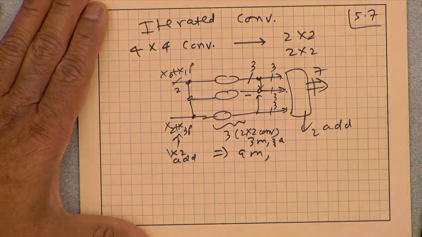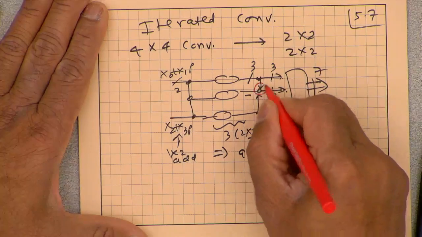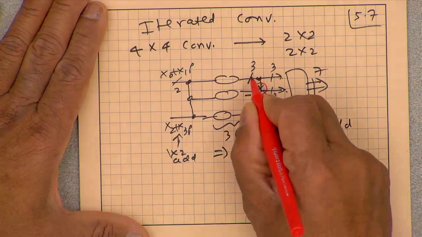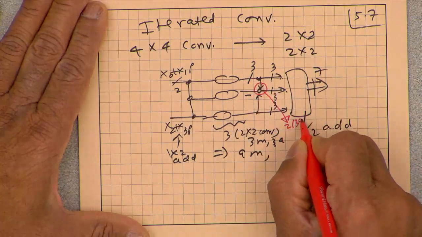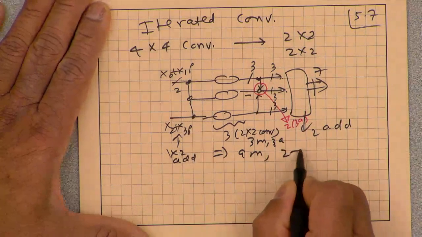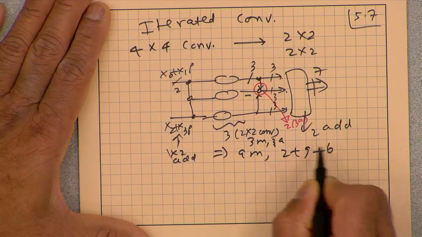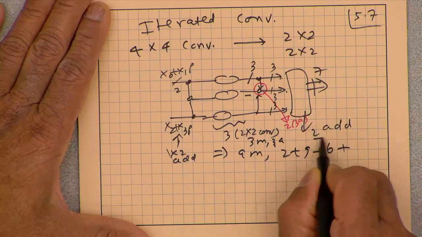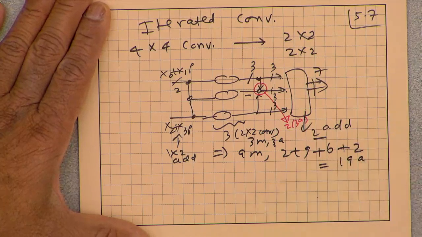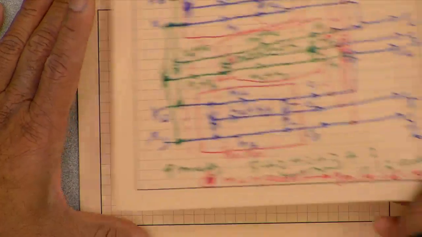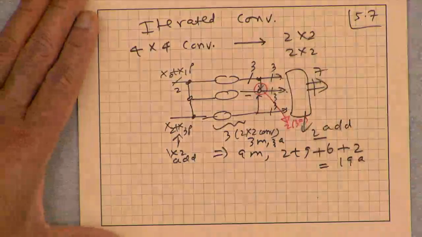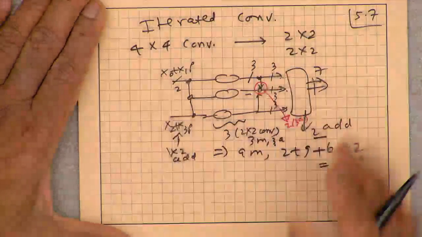Okay, so these will be 2 add operations of degree 2 or 3 terms. So that's 2 times 3 adds. Okay, so we have total add will be 2 plus 3 times 3, 9, plus 2 times 3, 6, plus the final merging 2, and that will be 19 adds, which is exactly the same. So just to understand 19 add, you don't need to draw this whole thing. You can just infer by looking at the higher level terms.